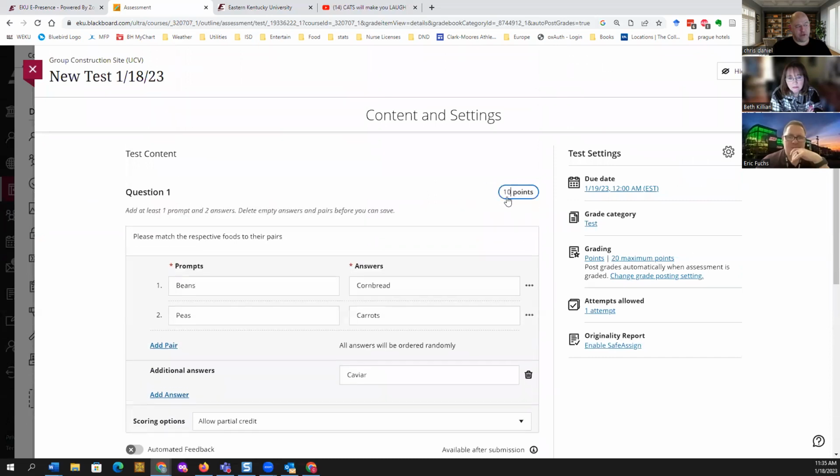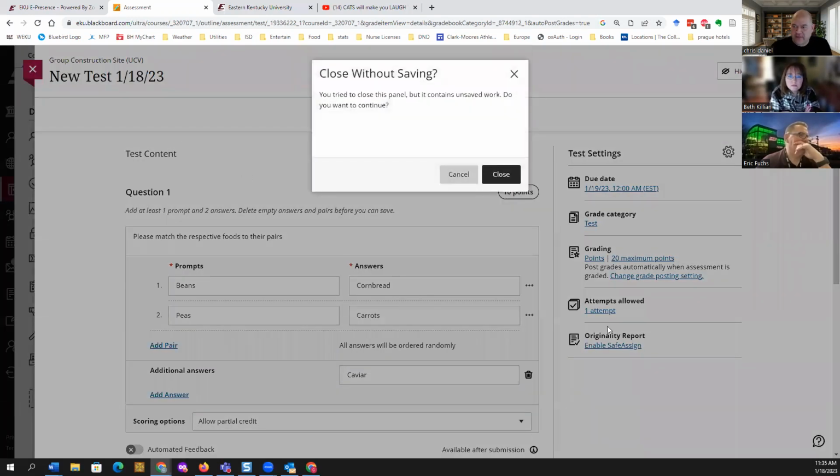Each of these are 10 points. You can change that point allocation if you want. So that's creating a test. Any questions about that?